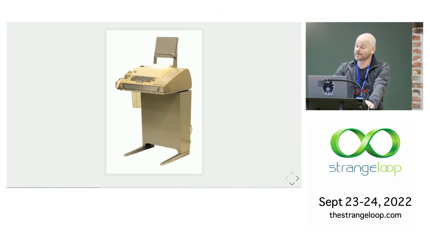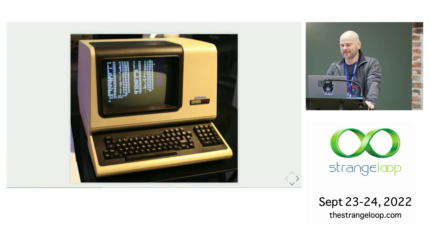This is the teletype in question. This looks like it should be in a museum, and it should be in a museum, and in fact is in a museum. But from this, we got these. So this is the terminal on which I did a lot of hacking on that VAX that you saw earlier when I wasn't forced to use punch cards, and a lot of that was in languages like VAX Pascal. Yeah, but also Bliss, which was pretty cool. So you'll notice that this is a VT100 terminal here, and all of you are using machines today that have terminal emulators that pretend to be this terminal.